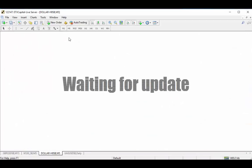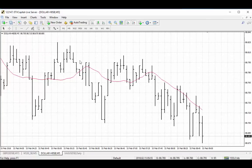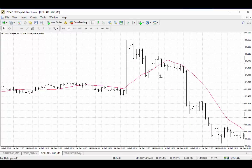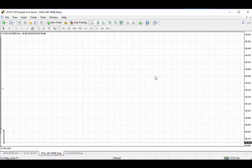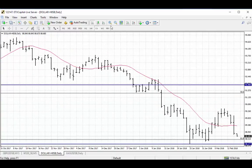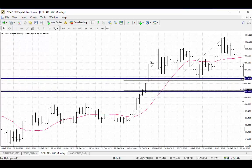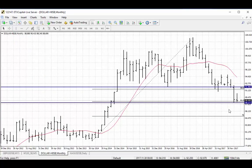Let's just have a look at the 5-minute for yesterday and see how the market reacted. I'll just have to turn those off there. So there's the dollar index's reaction to the news there. You can see them straight up and then back, and then down we go. So again, just keep an eye on this one, because should this market continue to break these new lows, or the fib retracements as well, then you can expect to see more movement on the pound to the upside,